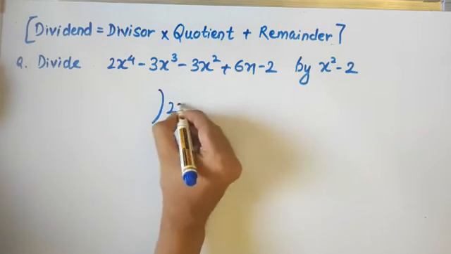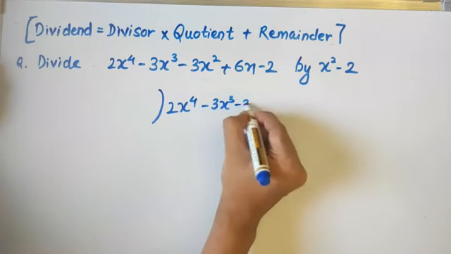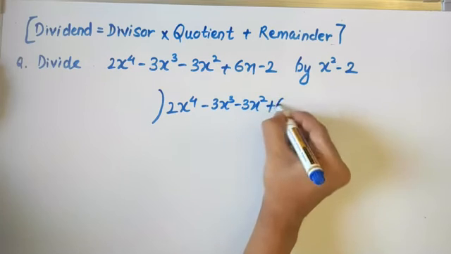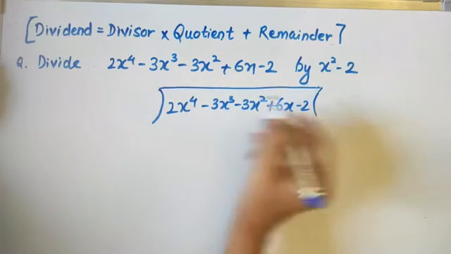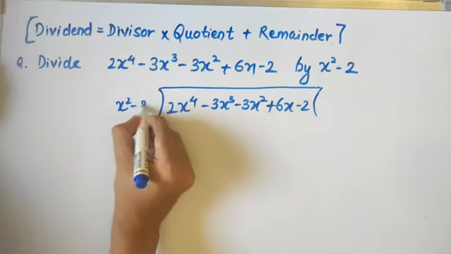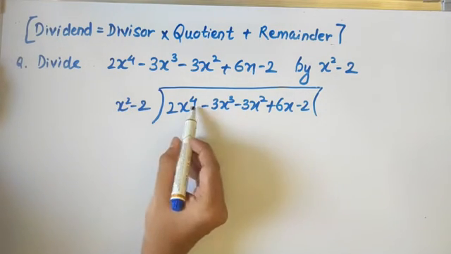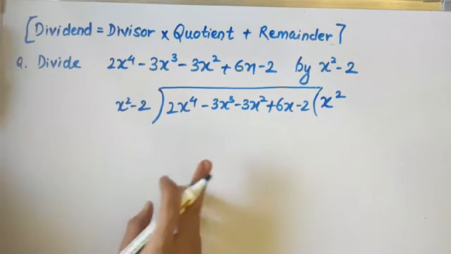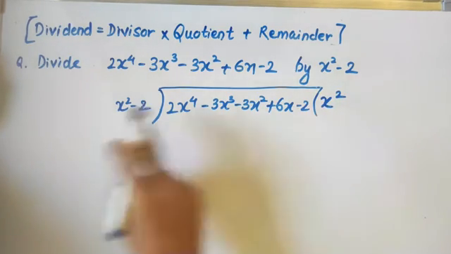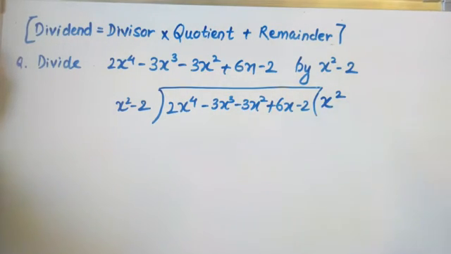So 2x की power 4 minus 3x cube minus 3x square plus 6x minus 2, and x square minus 2 is there. What we have to make? X की power 4. So we will multiply by x square. We will do it directly now. And we have to make 2 here also. So we'll multiply